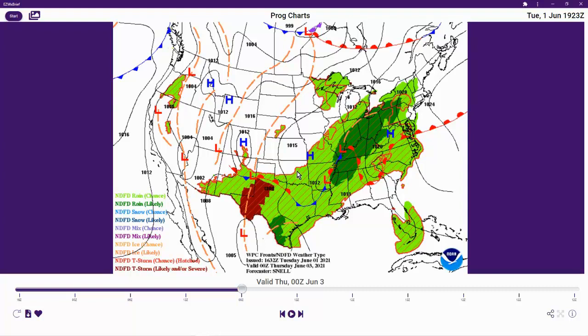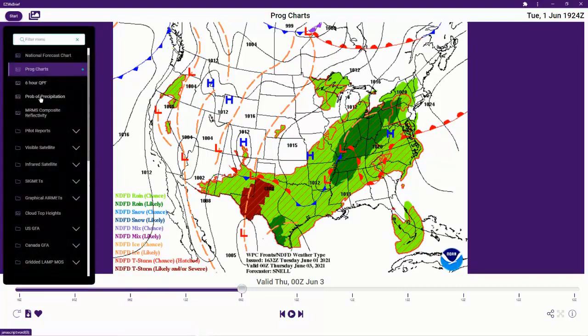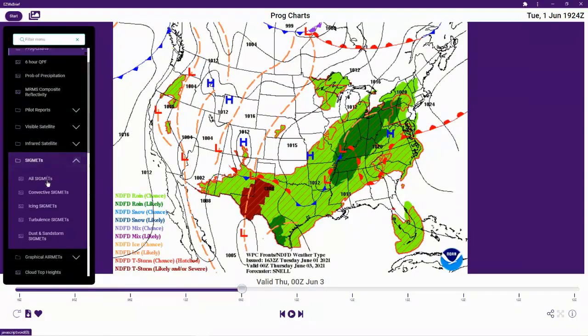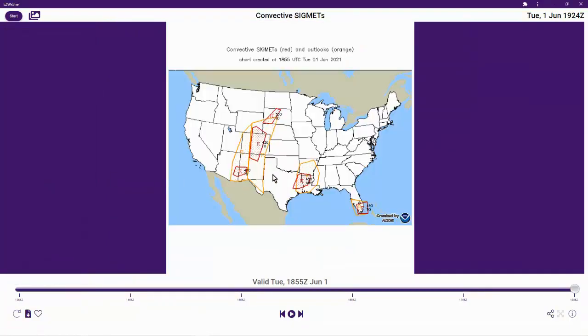Instead, further quantify this as you get closer to your departure time, and then look at other products. One of the best products to look at from this standpoint is the convective SIGMETs, and specifically the convective outlooks, because in this particular case, this larger convective outlook area, in the gold or tan color, is a region where forecasters at the Aviation Weather Center have determined that there is the possibility that thunderstorms or convection will develop that meets very specific criteria used for